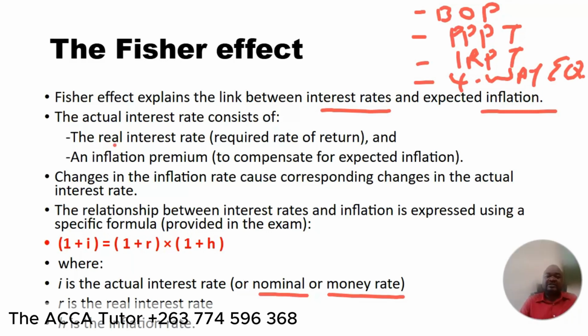Okay, real interest rate, what the investor is really up to, or what he is expecting to get out of his efforts. Right, what does he really want to get? All right, so there is the real rate as well as an inflation premium. Right, we need to also consider the inflation premium